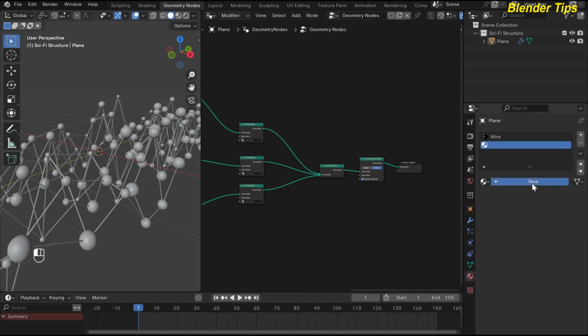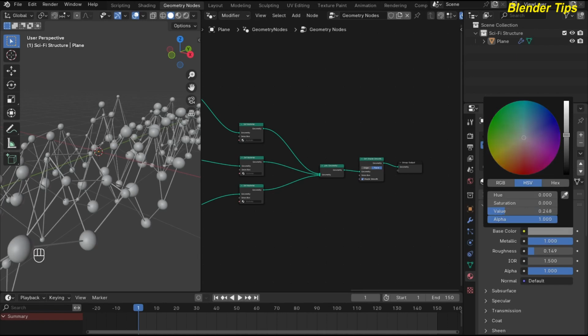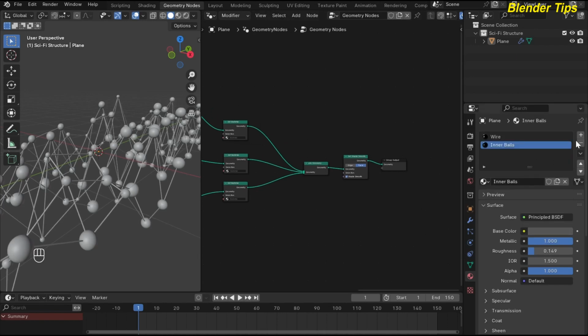Then click another material, which is for the inner balls, and for that I increase the metallic value and decrease the roughness, and also make it a dark metal material. Nice. And another material, this is for the outer spheres, and here I rename this